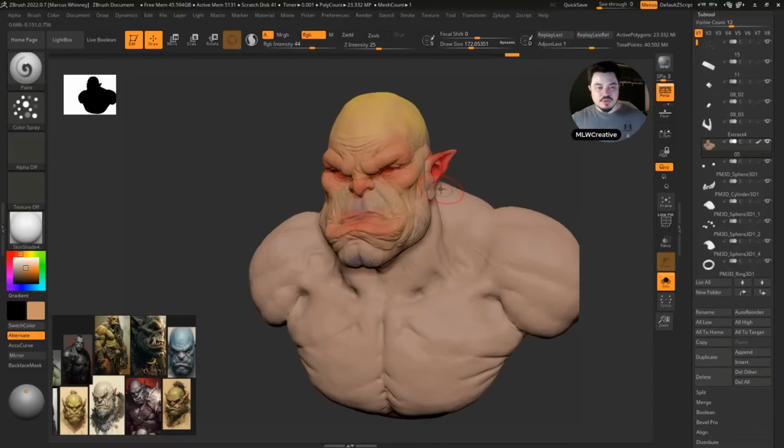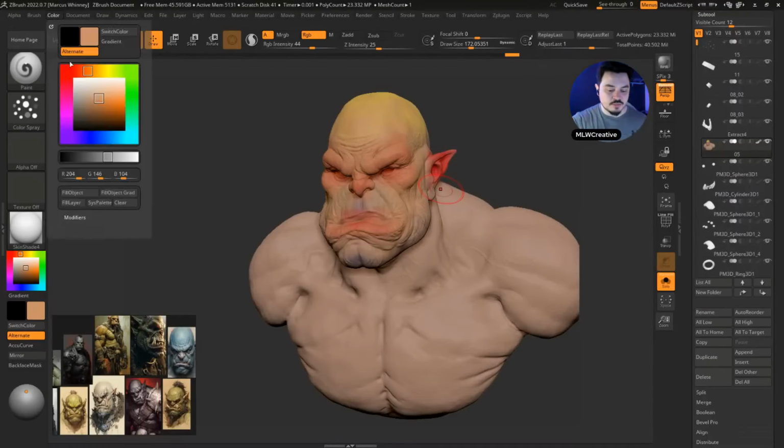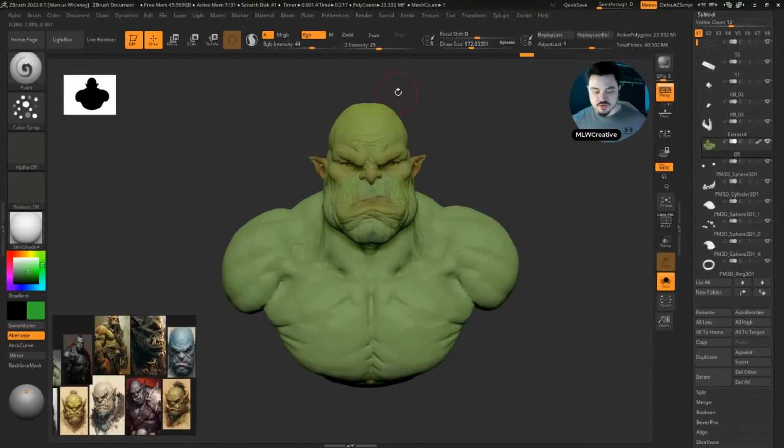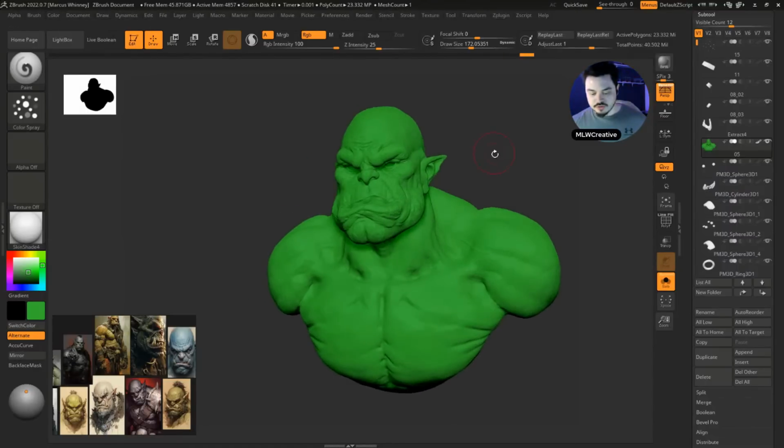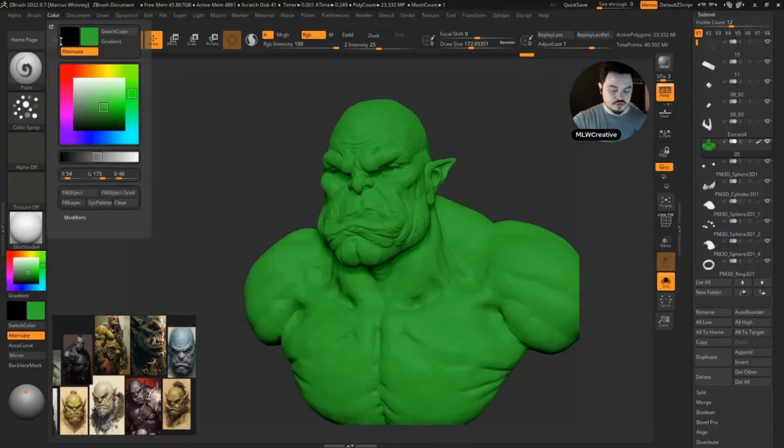But I like to speed things up a little bit, so I normally just come in and use a fill on the whole thing. So I know there's going to be green. Actually, that looks pretty cool, with the RGB intensity at 44, but we should put that to 100. I'm just going to do this, and I'm going to go back to that because I like the way that looks. So I'll just show you what I do. I go to RGB, full on, color it green. That's probably too green, probably one off green,